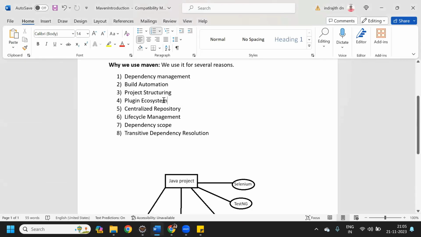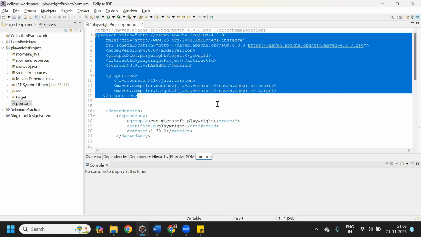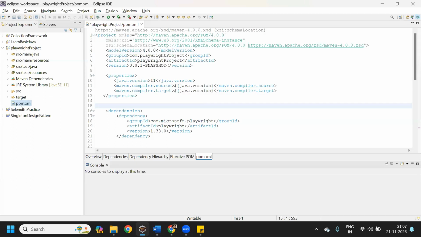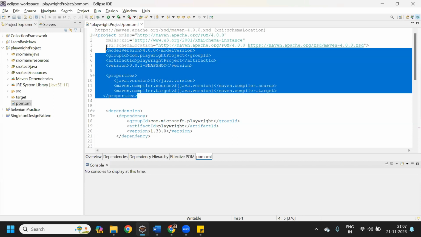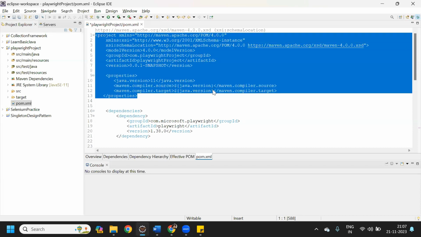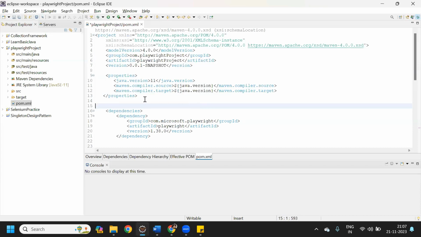Now we can move on to the plugin ecosystem. So what is a plugin? Why do we use plugins, right? In pom.xml, right, pom.xml is divided into two parts. One is plugins and another one is dependencies. Dependencies we have already seen, and these are the plugins. So plugins have different kinds of